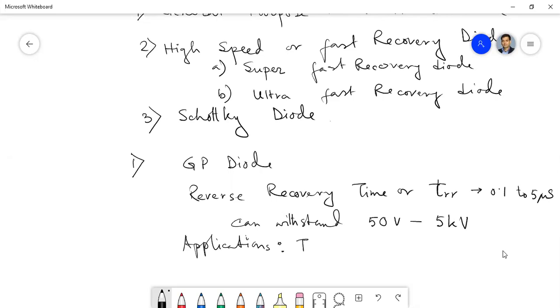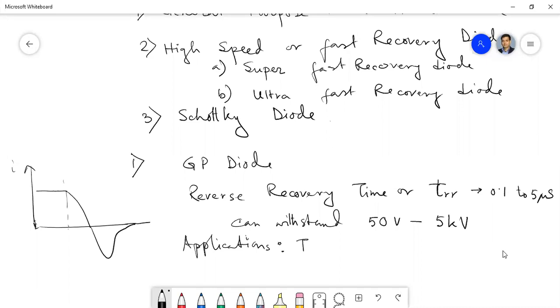and the current becomes negative in that region. Again, it tries to go to zero. So suppose some positive current is flowing. Suddenly, I have applied some reverse voltage. Then the current reduces to zero, again it becomes negative, then again it becomes positive. I will discuss this in detail. So suppose the diode is carrying some positive current. If we apply some reverse voltage here, it will first go to zero, then it will be negative, then again it will be positive, and then it will be zero.